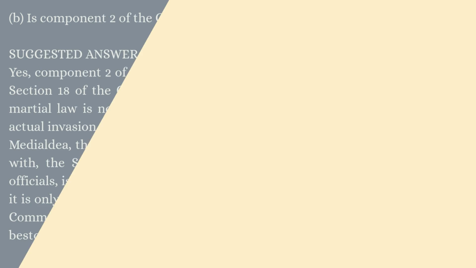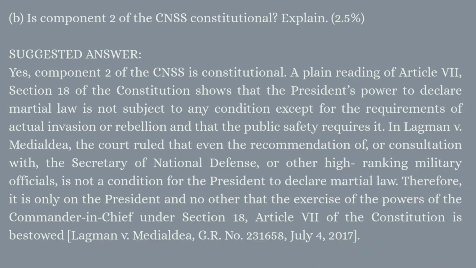Question B. Is Component 2 of the CNSS constitutional? Explain. Suggested answer: yes, Component 2 of the CNSS is constitutional. A plain reading of Article 7, Section 18 of the Constitution shows that the President's power to declare martial law is not subject to any condition except for the requirements of actual invasion or rebellion, and that the public safety